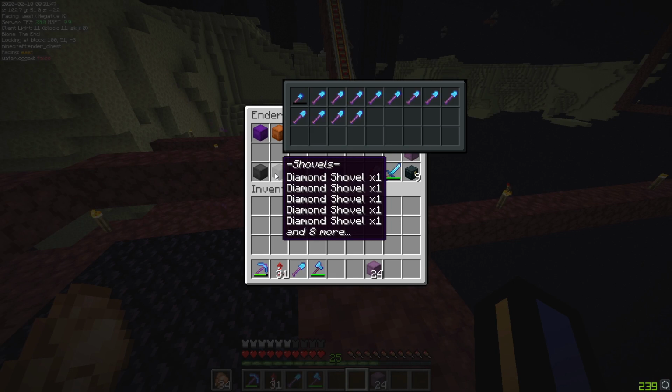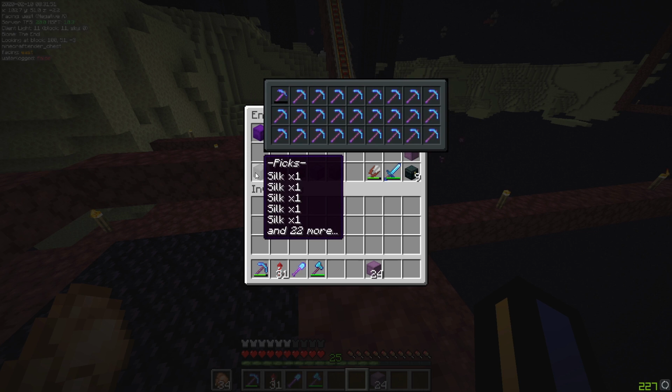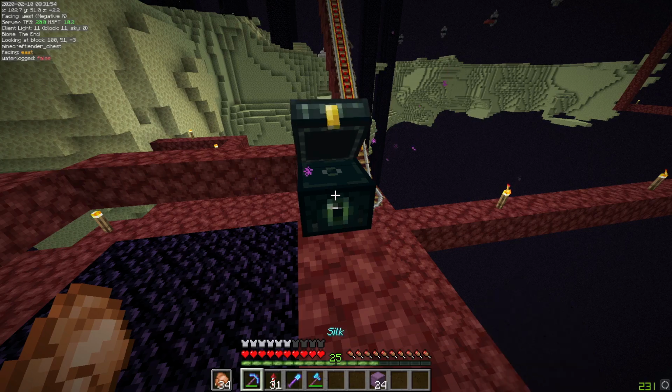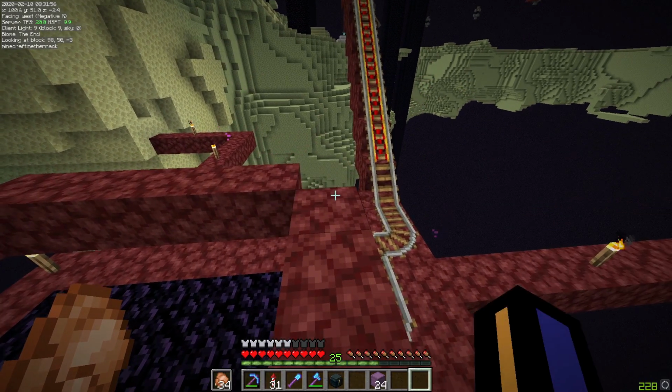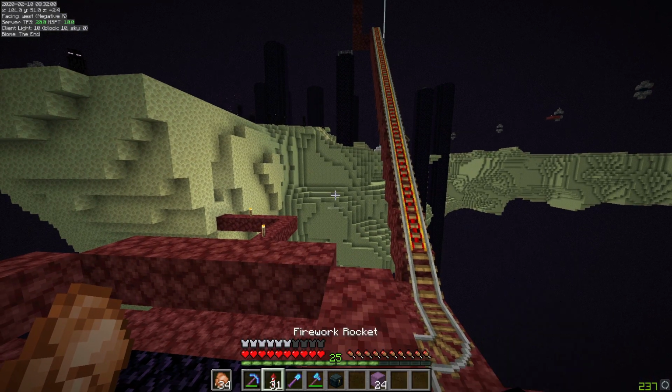Okay, anyways. So this is shovels. I don't have a shulker box of that yet, but yeah, I already have a shulker of diamond picks. I think the netherite picks will mine obsidian a little faster, so definitely worth getting, but again, that's something I